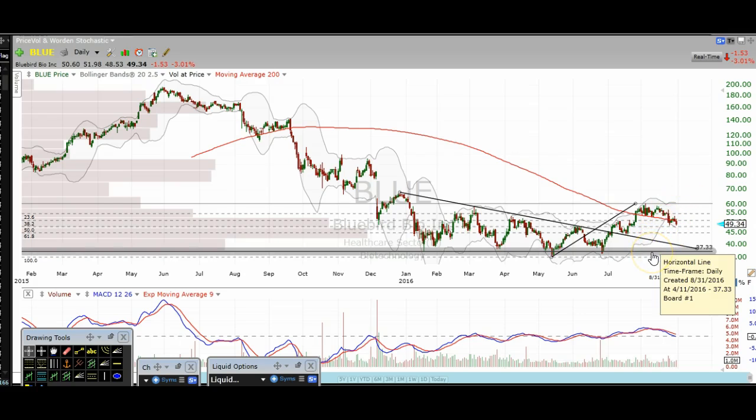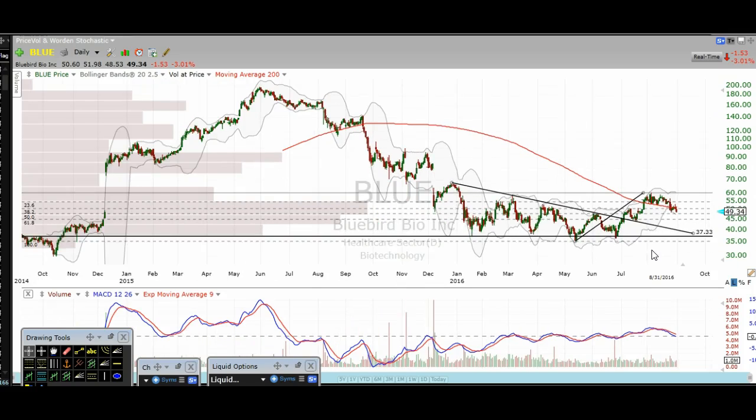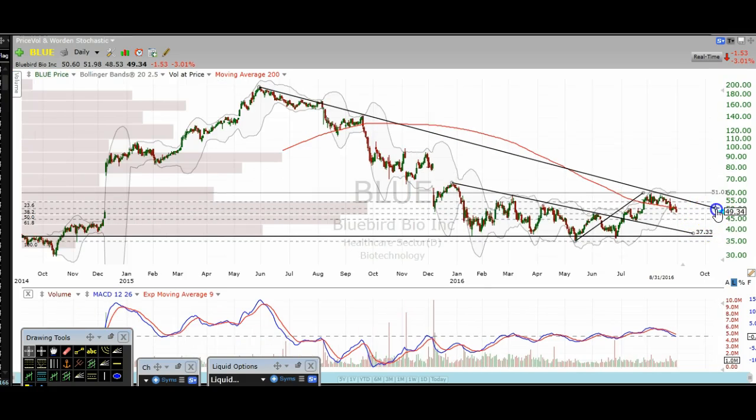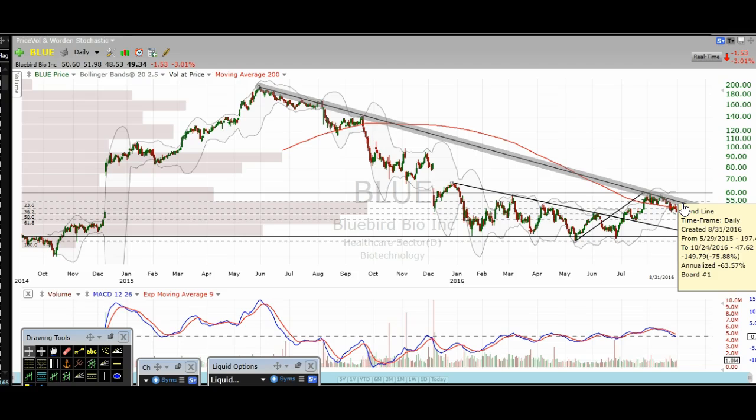If we break this $37 mark, I would not want to be long on this stock, but overall looks pretty decent here. I'm going to see if I can draw one more thing here. So we've got another downtrend line that I just saw right there. Okay, so it started up here in the middle of 2015, a year ago. Lots of touches right here. So longer term, looking like we are in a downtrend since the middle of 2015,